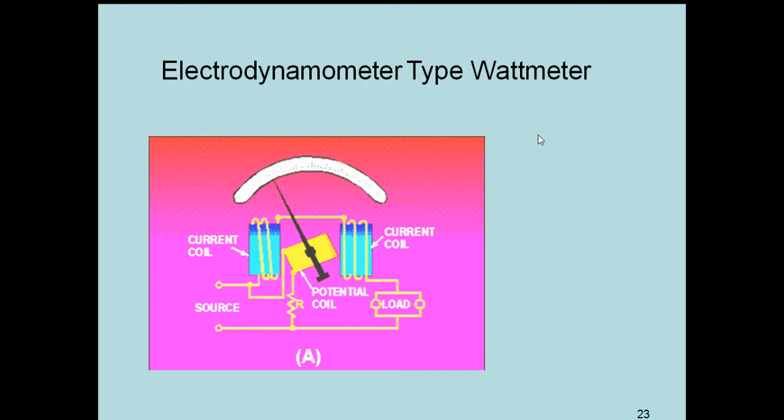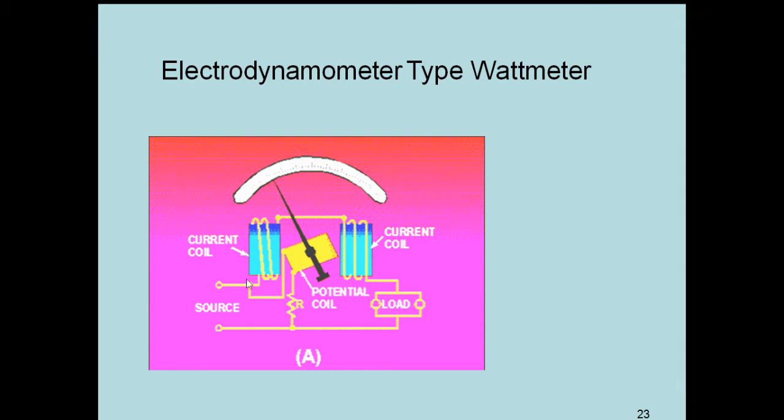Now, by using those two meters, we can measure the current and voltage. To measure power, we use a wattmeter. Now, in this class, we are going to discuss the electrodynamometer type wattmeter. It mainly consists of two coils, one current coil and one potential coil. Actually, this current coil is divided into two halves. This is the first half of the current coil, this is the second half of the current coil, and this one is the moving coil. L1 is the moving coil, and to this a pointer is attached.